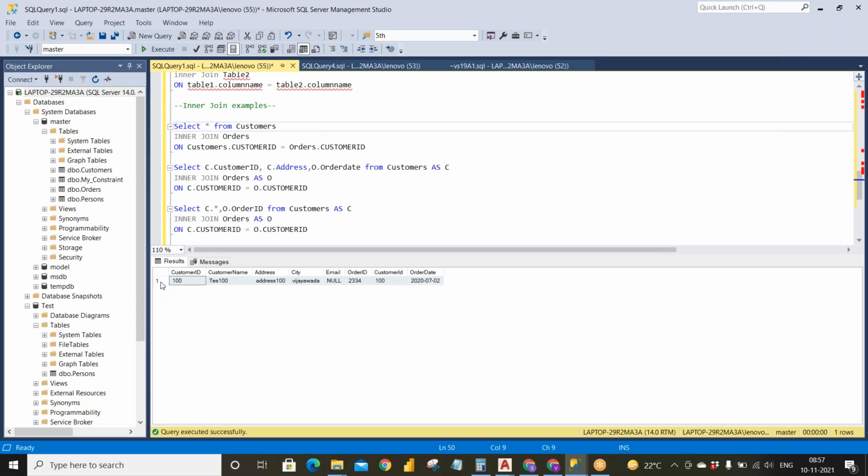Star I have given, that's why it will give the 100 customer ID data: customer name, address, city, email, order ID, customer ID, order date, or whatever columns you want for that particular data, you can get it. So this is about inner join. It will give the common data between both the tables which we have joined. So do you have any doubts?